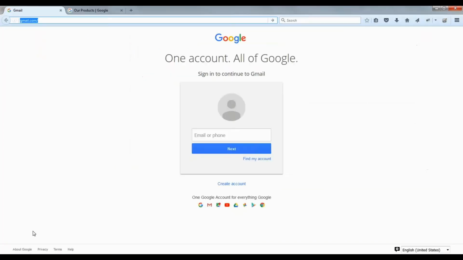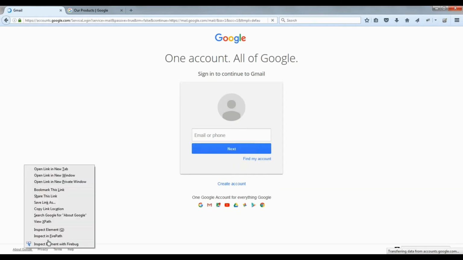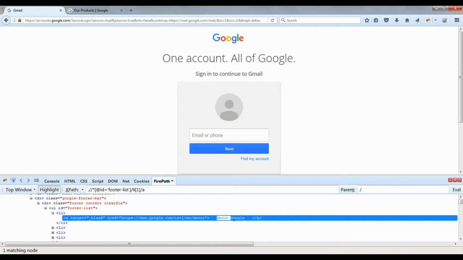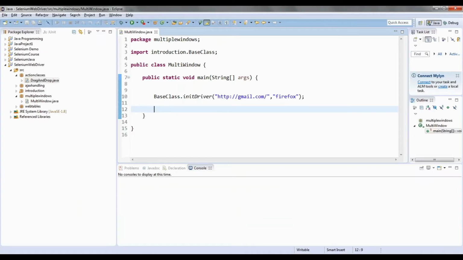Once it loads, I'm going to click on this particular link, that is About Google. So let me go there. When you have a link text, you can directly use the link text in your program.